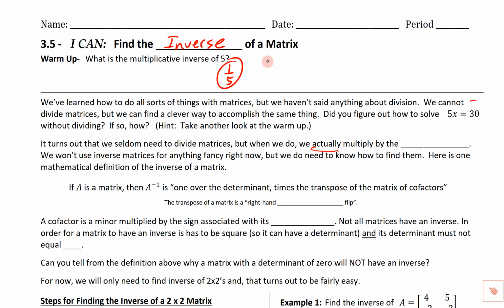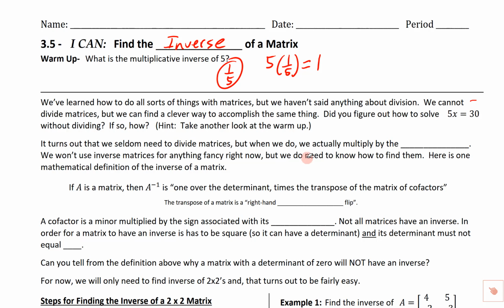And the reason it's the multiplicative inverse is if we took 5 and multiplied it by 1/5, we end up with a 1. They cancel each other off. They undo each other there. So we've learned a whole bunch about what we can do with matrices, but we haven't said anything about division. And it turns out that we can't really divide by matrices, but we can find a really clever way to